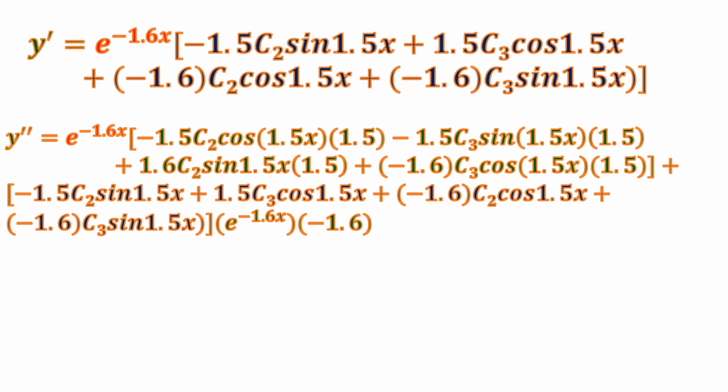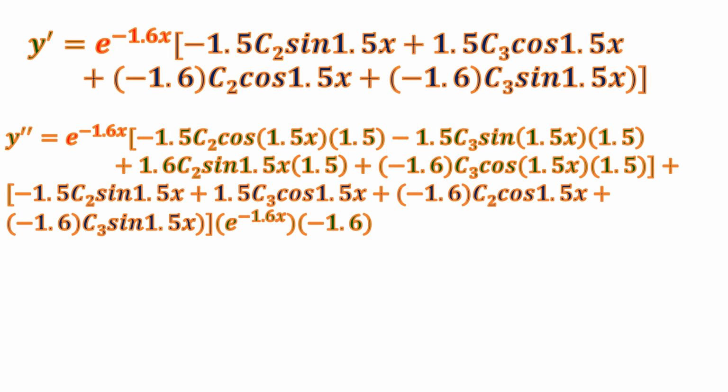The derivative of sine is cosine, so it becomes cosine, and the derivative of cosine is negative sine. So every cosine, if you derive it, will change sign into negative. And so we have negative 1.5 c sub 3 sine 1.5x times 1.5. And then the derivative of cosine is negative sine, so it changes from negative 1.6 into positive 1.6 c sub 2 sine 1.5x